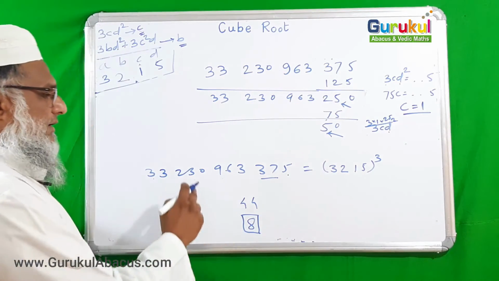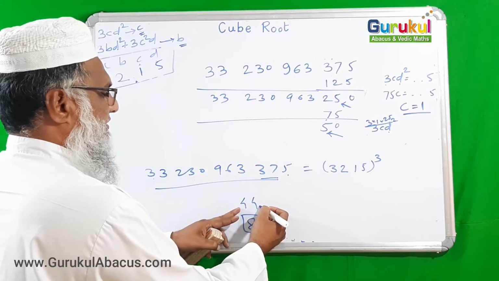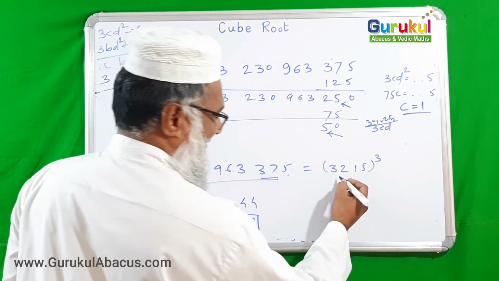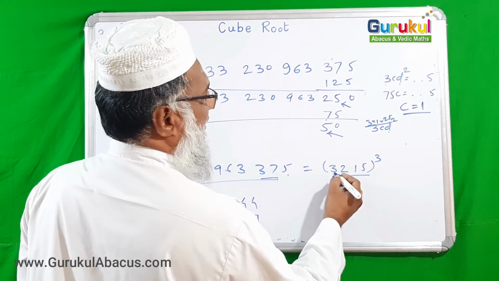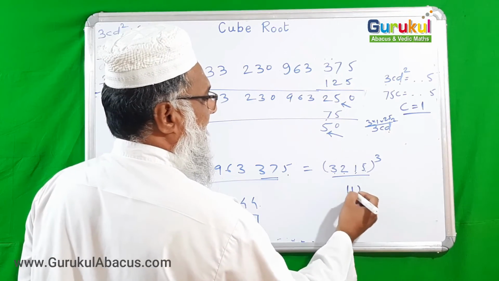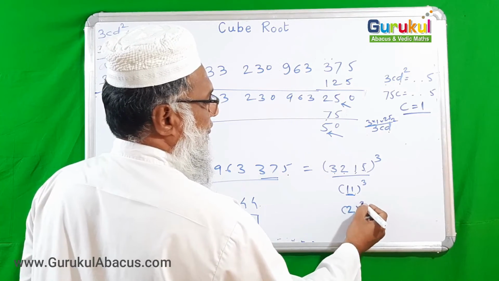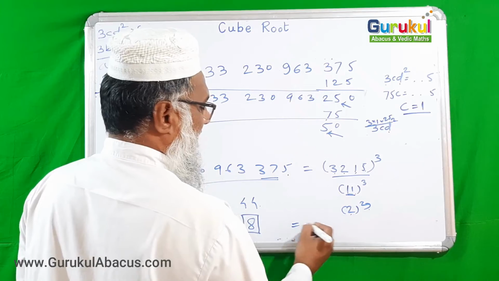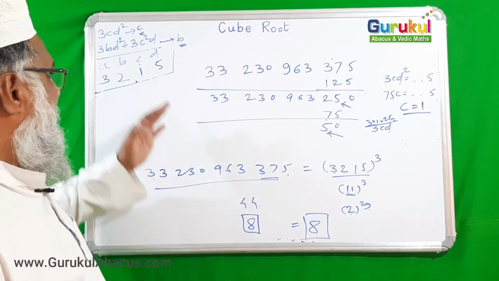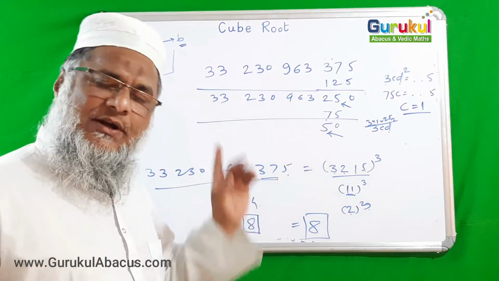Now when one digit came, we have to stop. Now here also find its digit sum. So 3 and 2 is 5, 6, 6 and 5 is 11. Now 11 also, again 1 and 1 is 2. So 2's cube is equal to 8. If 8 and 8 match, then definitely we can say our answer is correct, and also by our manual method or by using a calculator you can check that it is correct.